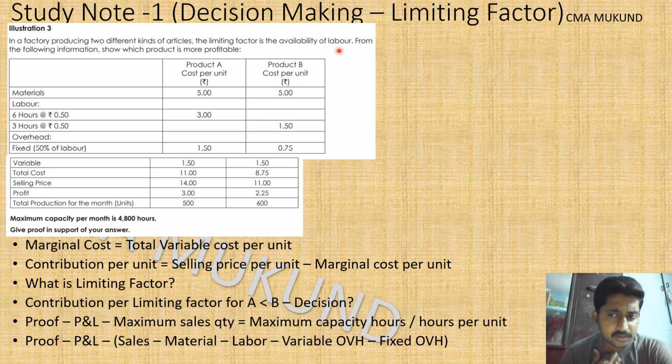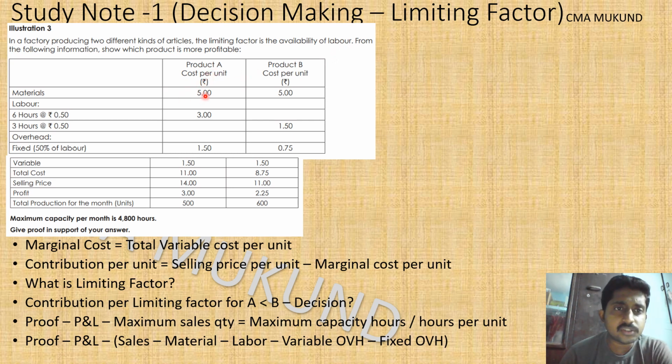And you all know that recently, even after COVID-19, many factories had labor as the limiting factor. So it is nothing but, with the available labor hours, what is the maximum profit that we can make? If A can make the maximum profit per hour, then A is the best. If B can make the maximum profit per labor hour, then B is the best product. So the limiting factor is labor hour. So all our decision making is based on the labor hour.